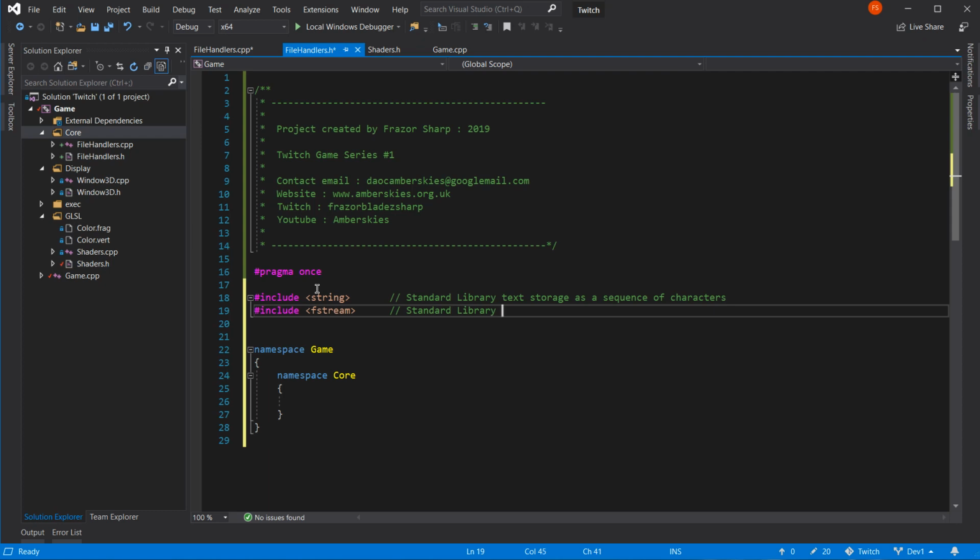Good way of describing it. Just input-output streaming, really, isn't it? Streams to input and output, or from output buffers. I'm just going to put it like that because that's the easiest way of doing it, I think.